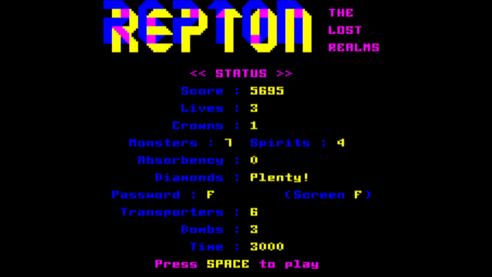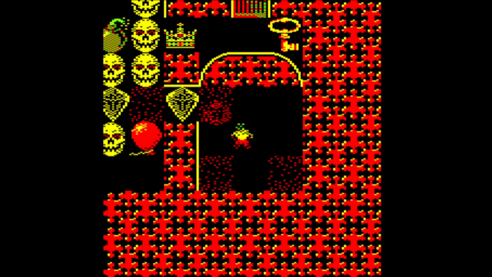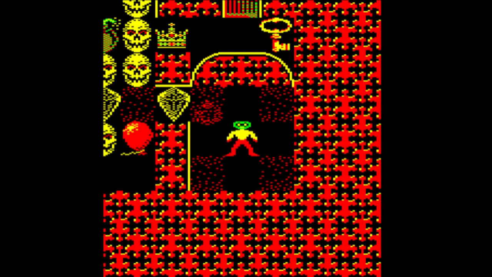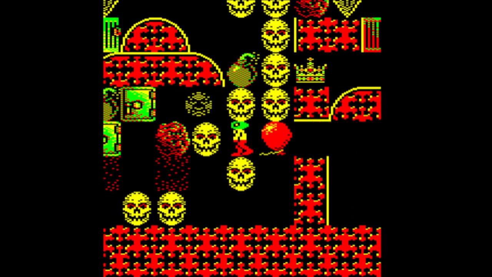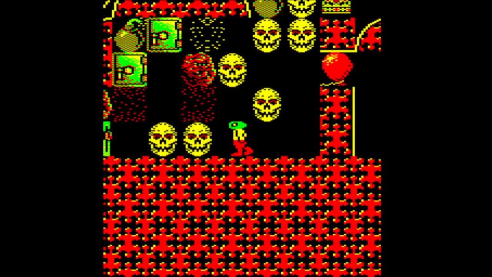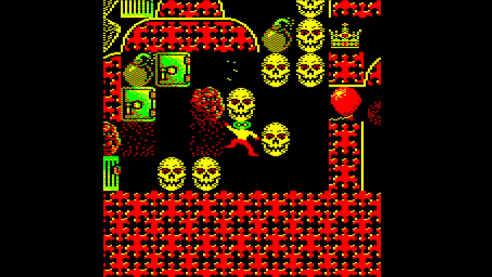So, okay, we're in a room with a spirit. I could grab some earth. I could walk into the spirit. I would rather not do that. Getting the earth allows me to have the freedom to push this balloon and release it later if I want. Now, there's a yellow spirit, which...